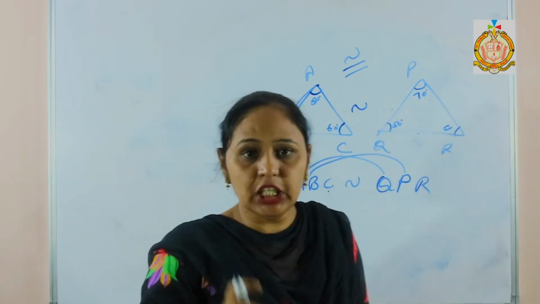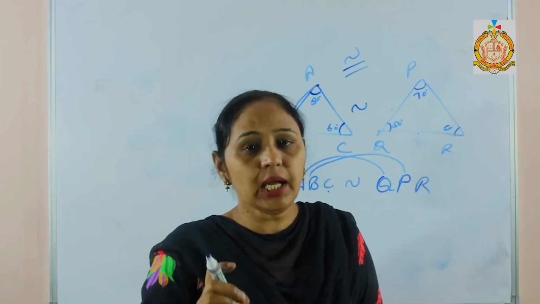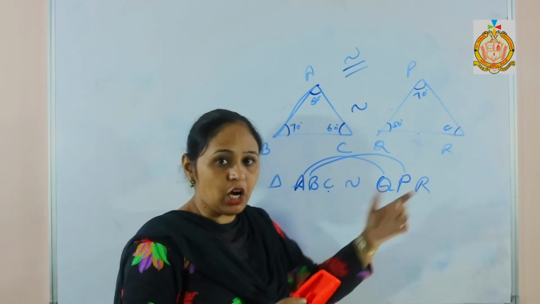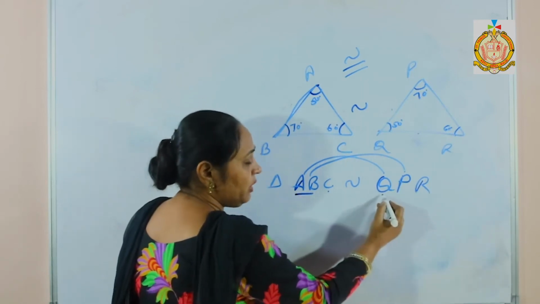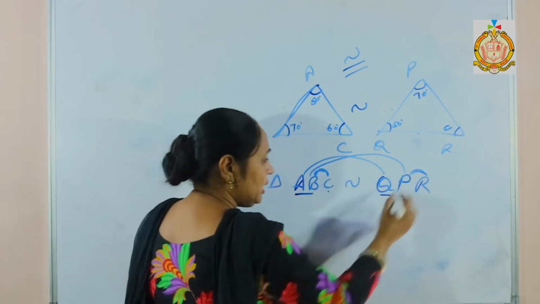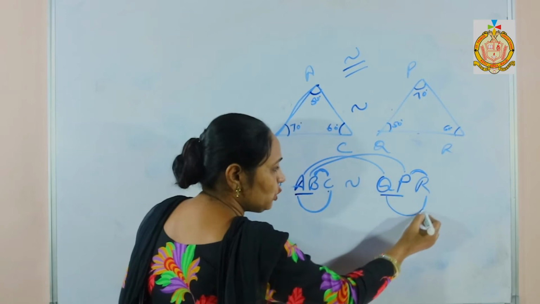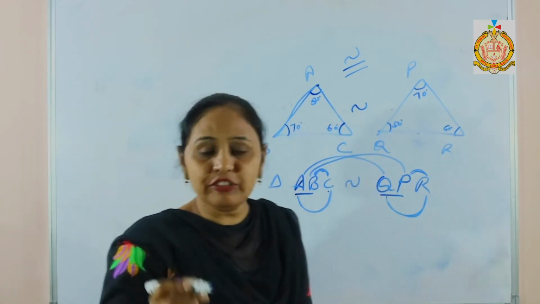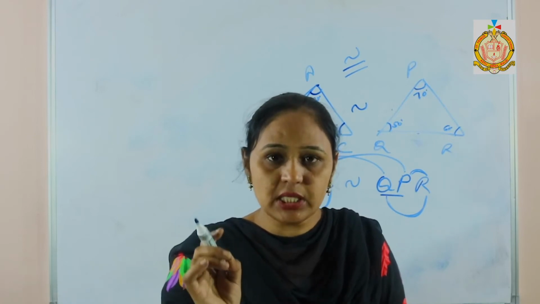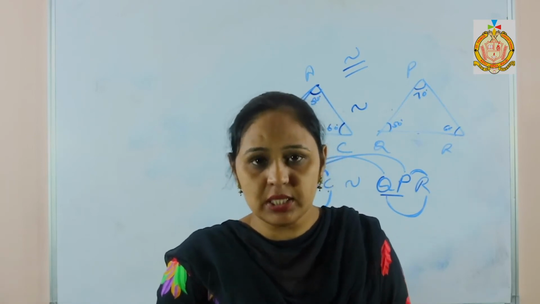So take the name of the triangle according to the sides or according to the angles, because in the next sums we have to take the ratio. Then how to take the ratio? This AB will be with QP. This BC will be with PR. In the last, the relation of A and C becomes Q and R. Because if the name of the triangle is correct, then we can take the sides ratio in the correct way. Otherwise, there will be some mistake in your sum.